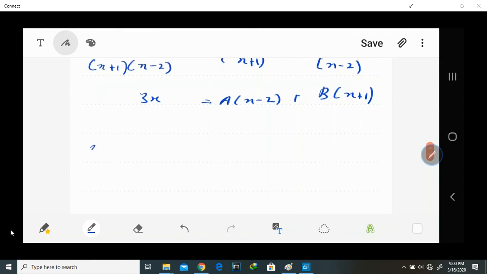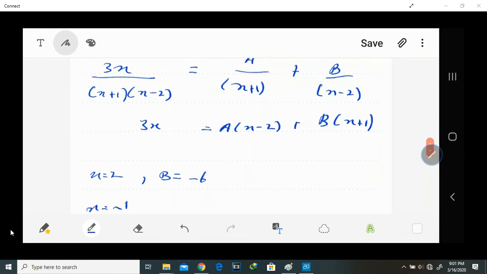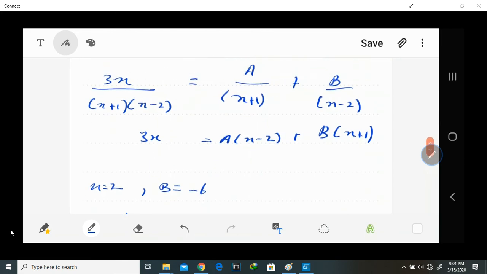So when you substitute x equals 2, you get B as minus 6, and when you substitute x equals minus 1, you get